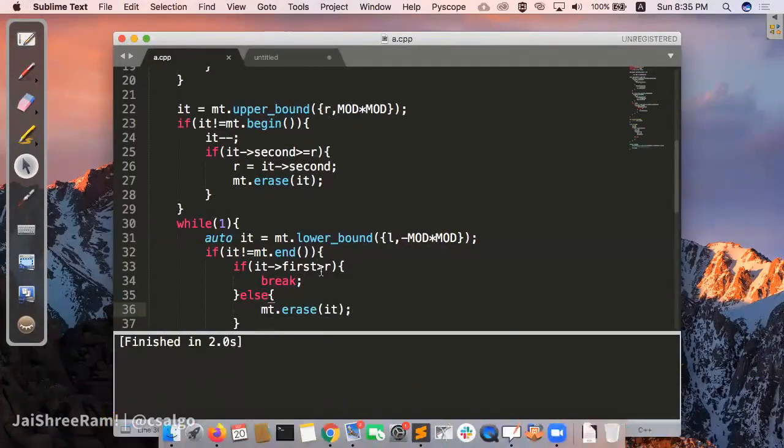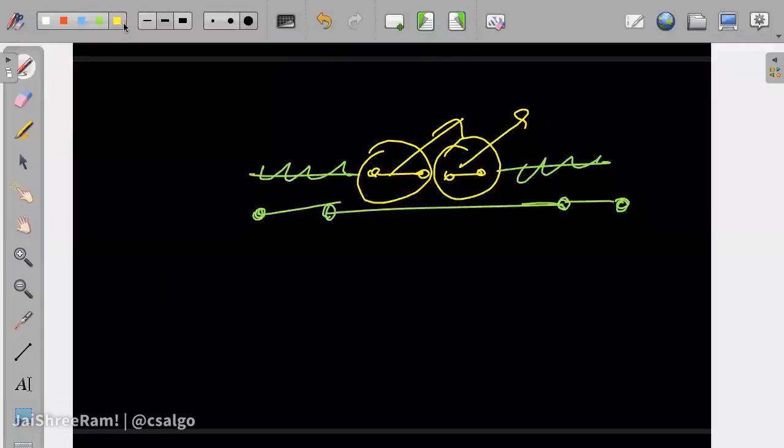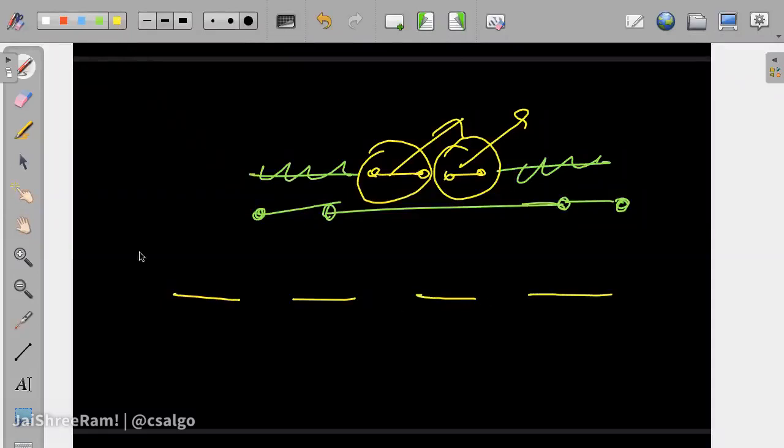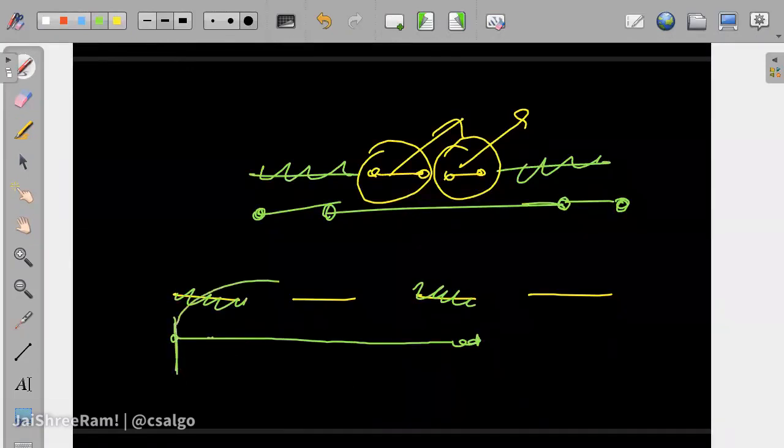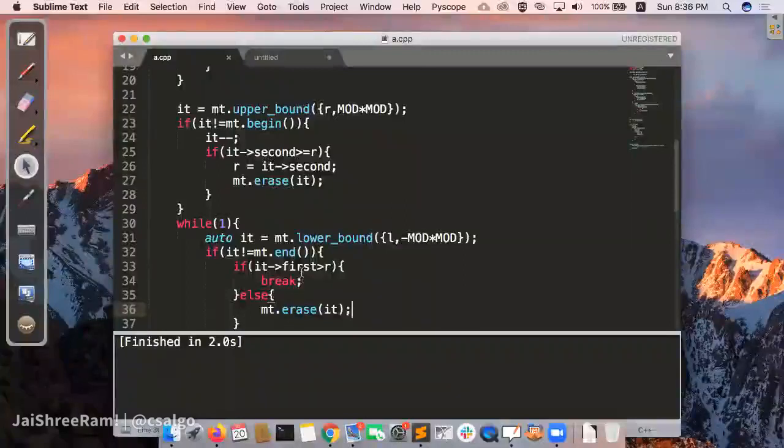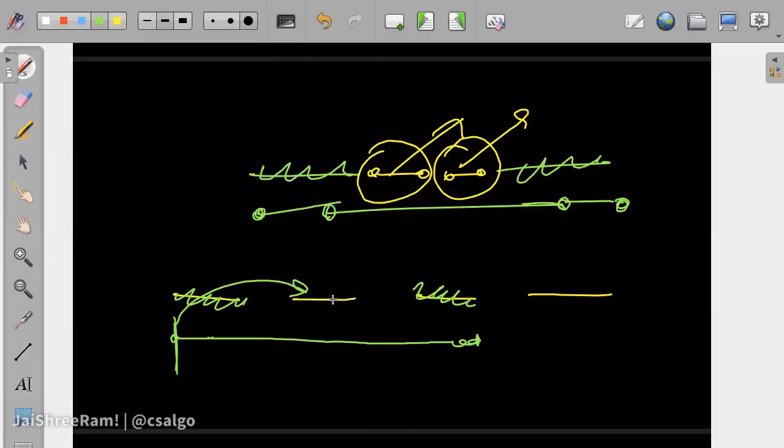So what is it that we're doing over here? We are searching for any segment that starts after L. Let's suppose initially we had 1, 2, 3, 4. When we were inserting from this up to, let's say, this, what we did is we extended this up to this point and deleted this. We extended it up to this point and deleted this. And then we search for the segment starting after this. So that is this segment. And then we check if it.first is greater than R. So it.first, the left point, is not greater than this new R, right?